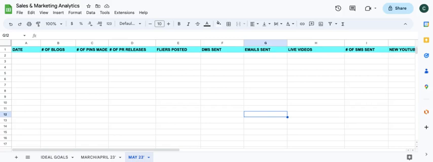And then another one over here is the number of SMS sent. So that's text messages. We all know, hopefully, that text messages have a higher open rate than emails.